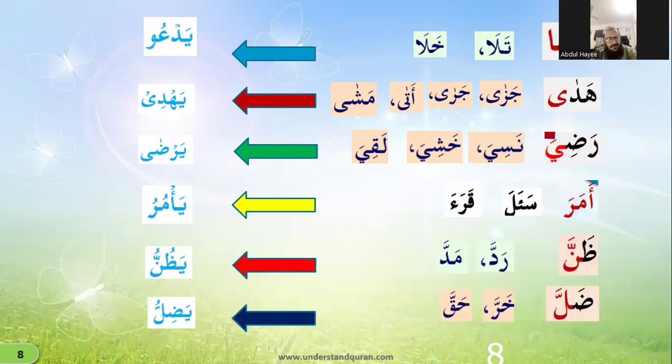yahikku. So once you can make the first form of the Mazi, you can make the complete table of Mazi. When you can make the first form of the Mudare, you can make the complete table. For example, hakka, you say yahikku. Hakka, yahikku, yahikku, yahikkuna, tahikku, ahikku, nahikku, tahikku. What's the issue? You know the signs of the Mudare, just place this hakka after the sign of Mudare, and your Mudare table is ready.